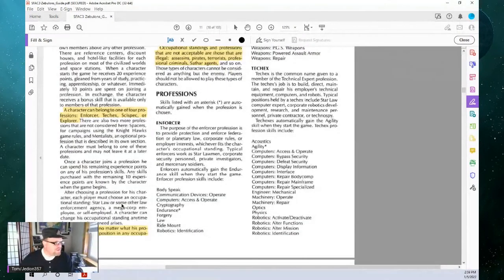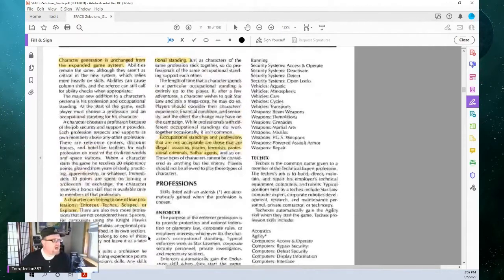You buy your profession, and then you have your occupational standing. Every character, no matter what his profession, can find a position in any occupational standing. That almost sounded like you are guaranteed a job under the Zebulon's administration of the frontier. What they're really saying is that it doesn't matter what your profession is, you can go into any occupation, like Star Law,